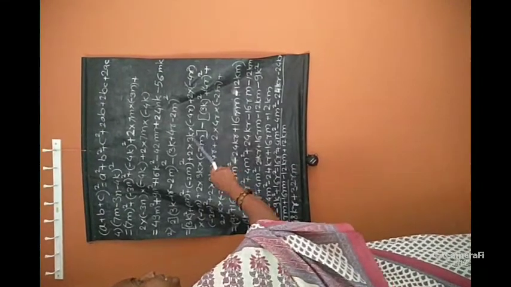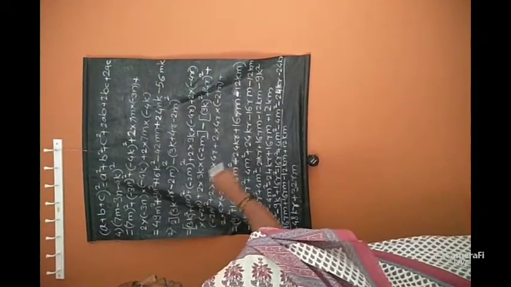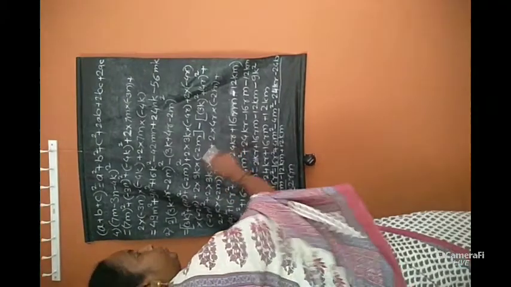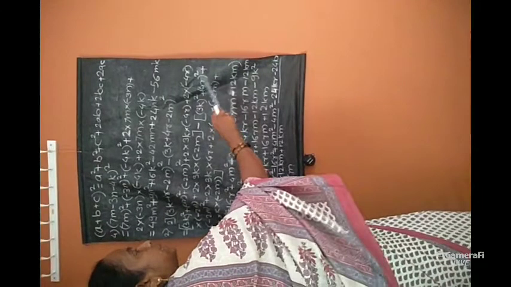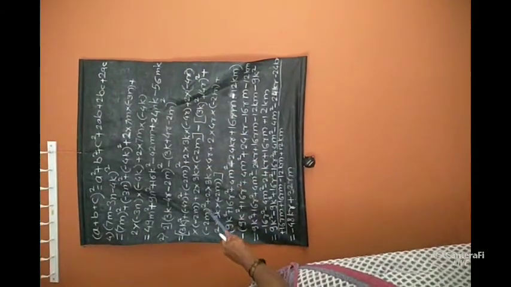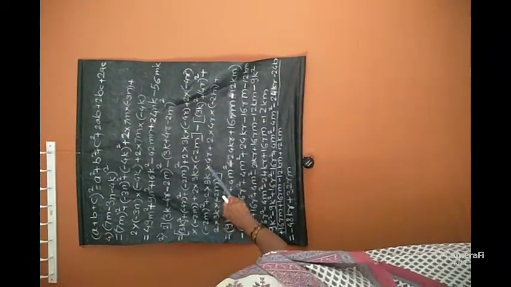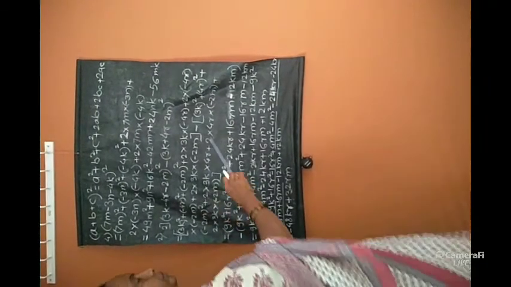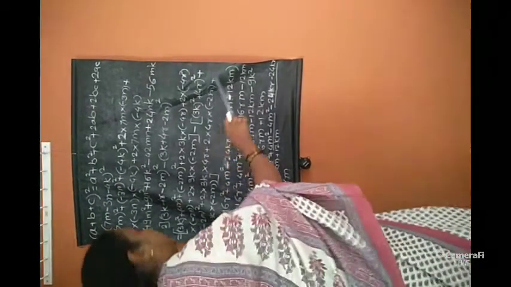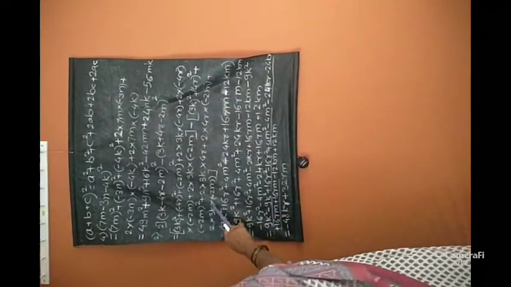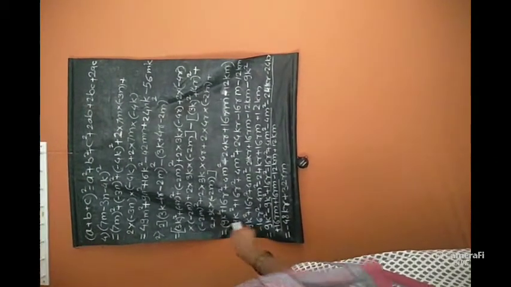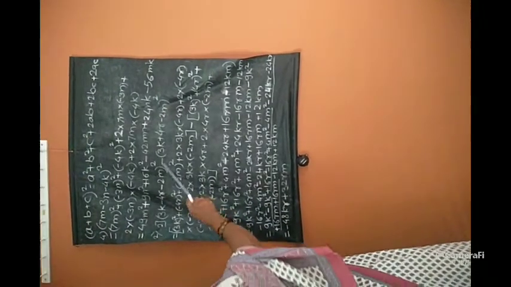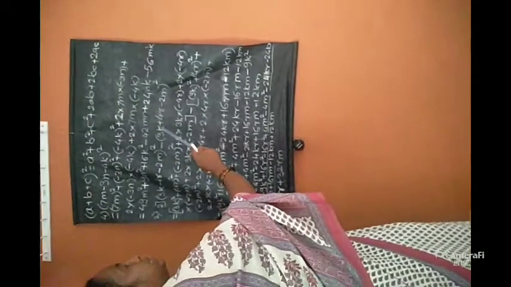Here the expansion of the first bracket is completed, and the subtraction sign is given in between them. Now expand the second bracket. It will be (3k) square plus (4r) square plus (−2m) square, plus 2 into 3k into 4r, plus 2 into 4r into −2m, plus 2 into 3k into −2m. Now find the value of each bracket and write them in separate brackets. In between them there is a subtraction sign. So when we remove the bracket, we have to change the signs in the second bracket.